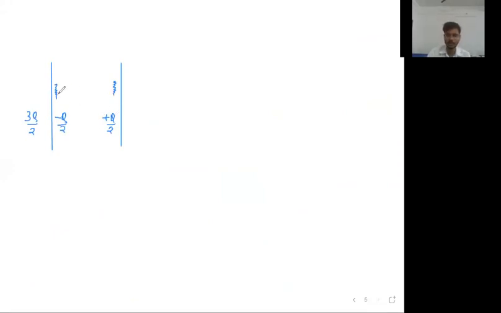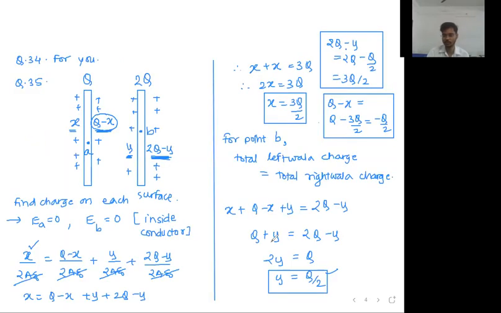Okay, this is applicable only for the adjacent surfaces of different sheets. These are the two different sheets and these are the adjacent surfaces. Why does it have to come? The mathematics says, this is the mathematics. You do it. If this is true for q and 2q, why is it not true for q1 and q2? I take the charge on the first sheet as q1, I take charge on the second sheet as q2. This x, this q1 minus x, this y, this q2 minus y. You do it and you tell me.